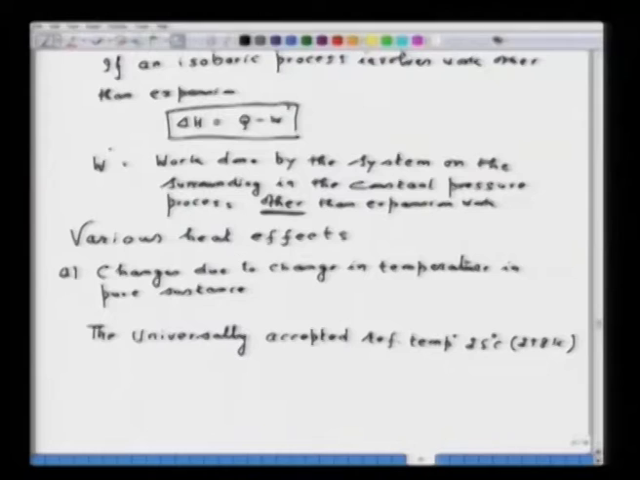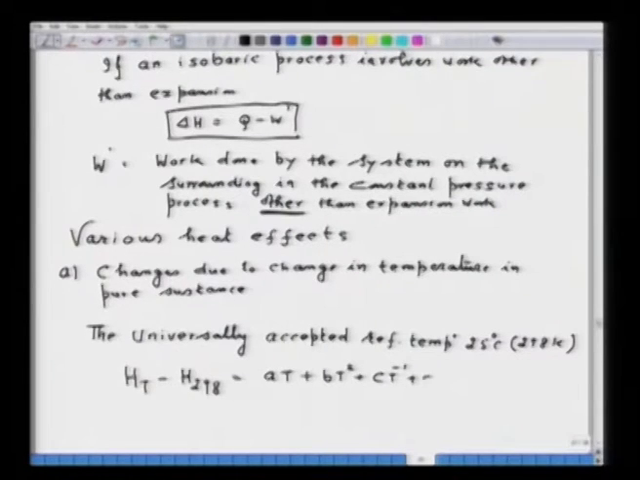So, the values are listed in the table by using the following formula, that is H_T minus H_298 is equal to A T plus B T square plus C T to the power minus 1 plus D, and the units are kilocalorie per kg mole, which is also equal to calorie per mole,